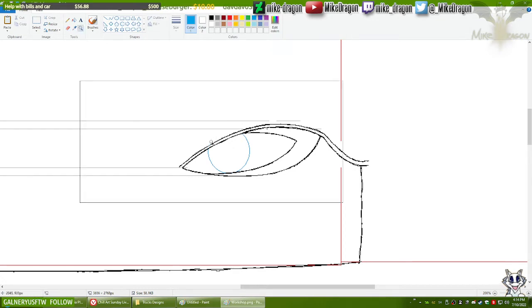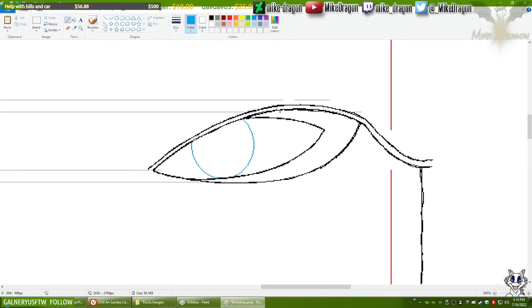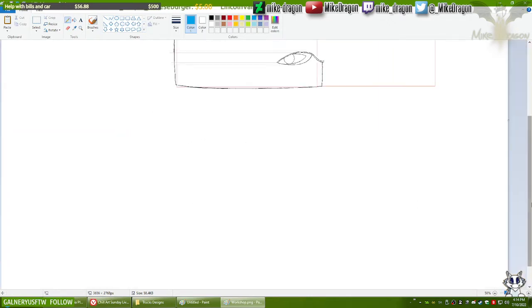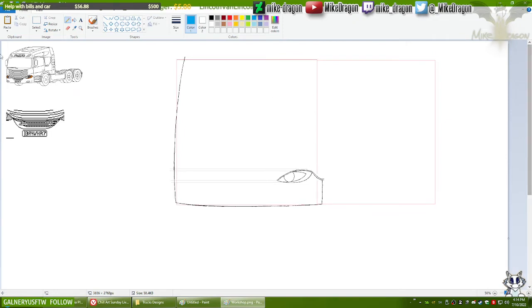Nice. Reinforce the line and then move on. There we go. Let's turn this black and move on. Yeah, I suppose that looks fine.